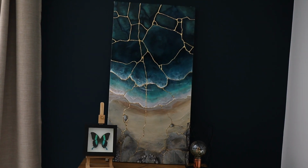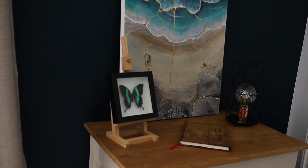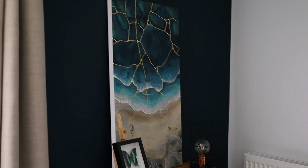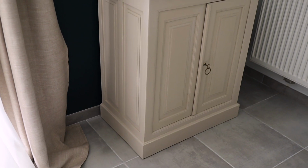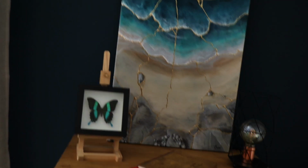I need to hang this artwork directly on the wall because it's looking weird now. I don't like how it is, but I don't want to put screws or nails in the wall. I will see if I can do something because obviously this one will not stay long if I sell this artwork. But yeah, you have a little key,